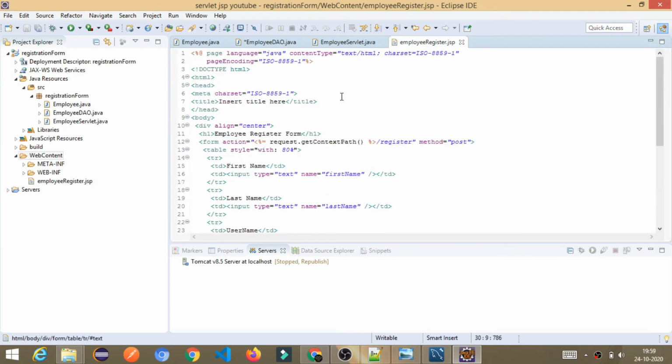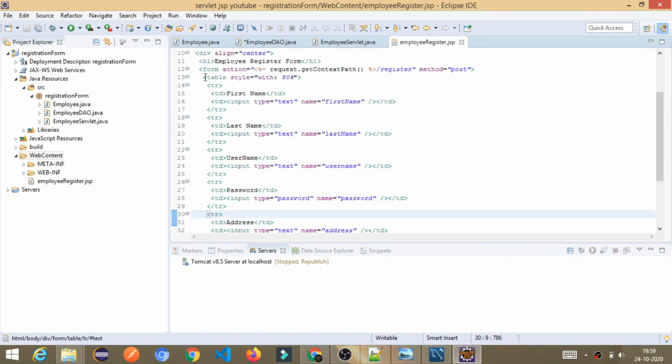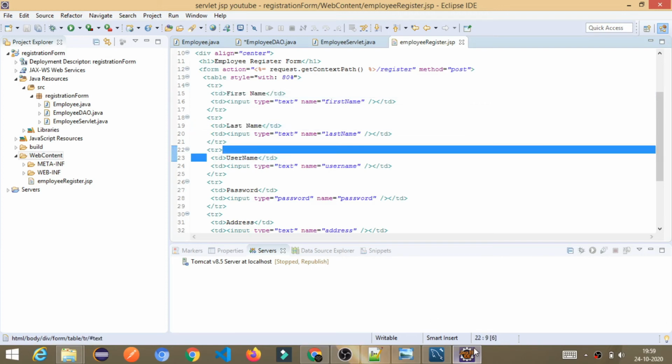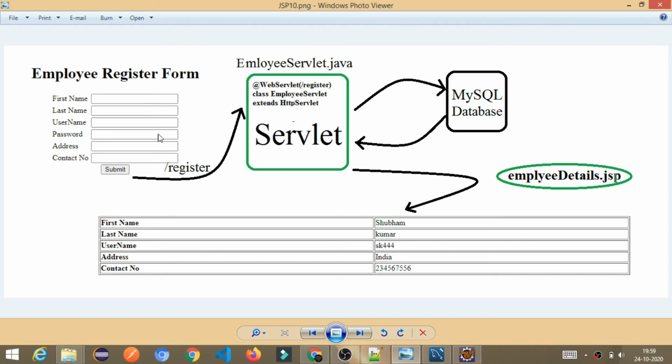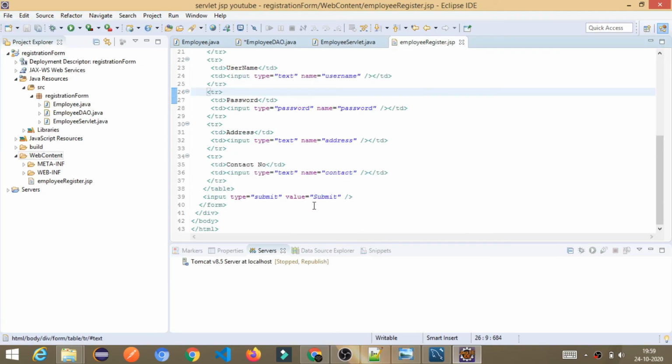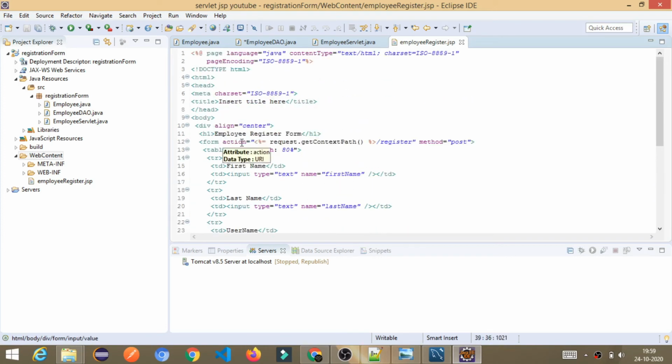Alright, I pasted it, and see, I have created the table tag, and this is just a simple form tag. If you know a little bit of HTML, then you can easily understand. So see, the first name, last name in tabular form. How will it look? It will look like this. So once you click on submit, what is it going to do? Once you click on the submit button here, finally the form has some action. The action specifies the path or the URL which is going to be called.